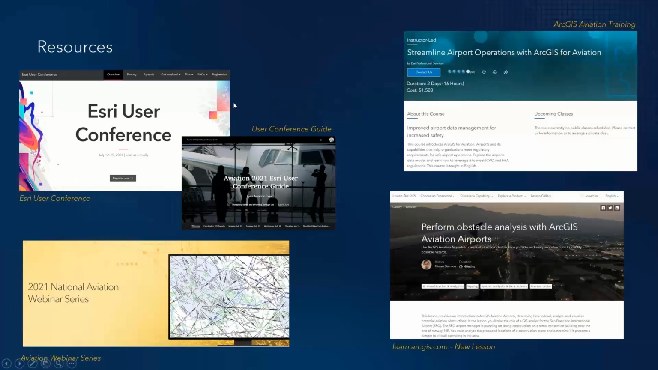In addition to the user conference, we actually put together a user conference guide, looking at all the different technical workshops that are relevant to the aviation industry and consolidating that into this guide. This is being updated fairly regularly, so I would check back often for any updates. We also have a couple more webinars that we're going to conduct in the second half